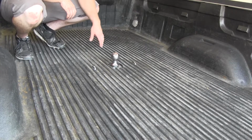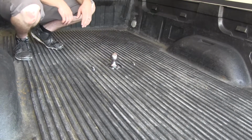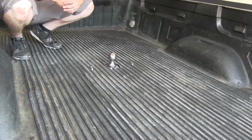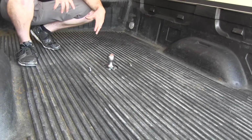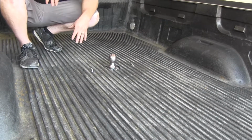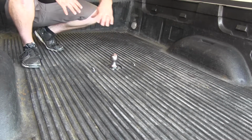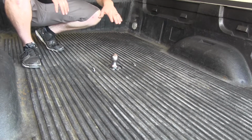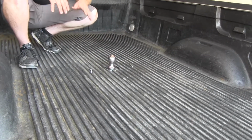As you can see, we've got the ball right here for the gooseneck hitch, and that's about all you really have that's in the bed. So when you're using your hitch, if you're say camping or traveling or anything like that, you can still put some other things in the bed around it, because you're not going to have the set of rails up top and the big fifth wheel. You're just going to have this ball right here in the center, so it's going to be a lot more